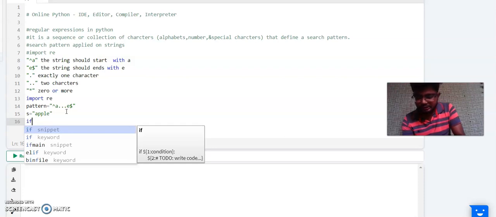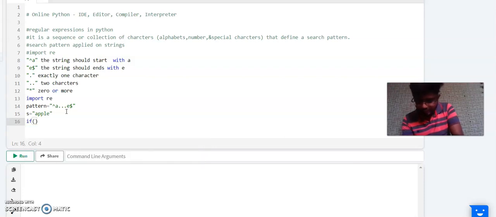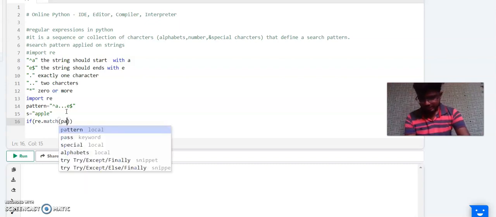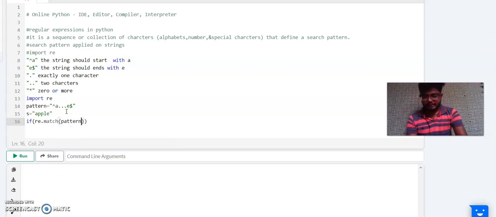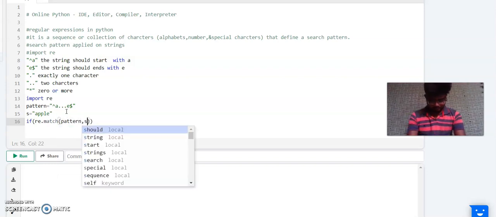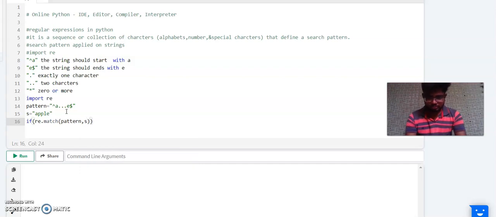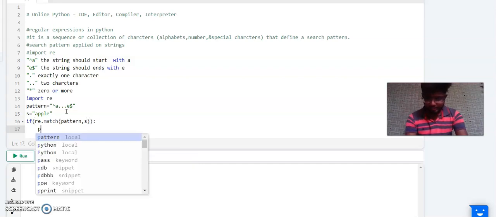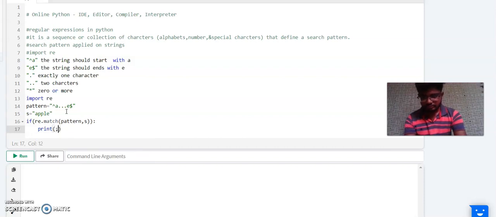Then I'm checking with the help of a condition. If re dot match of pattern comma s, then print it is a match.